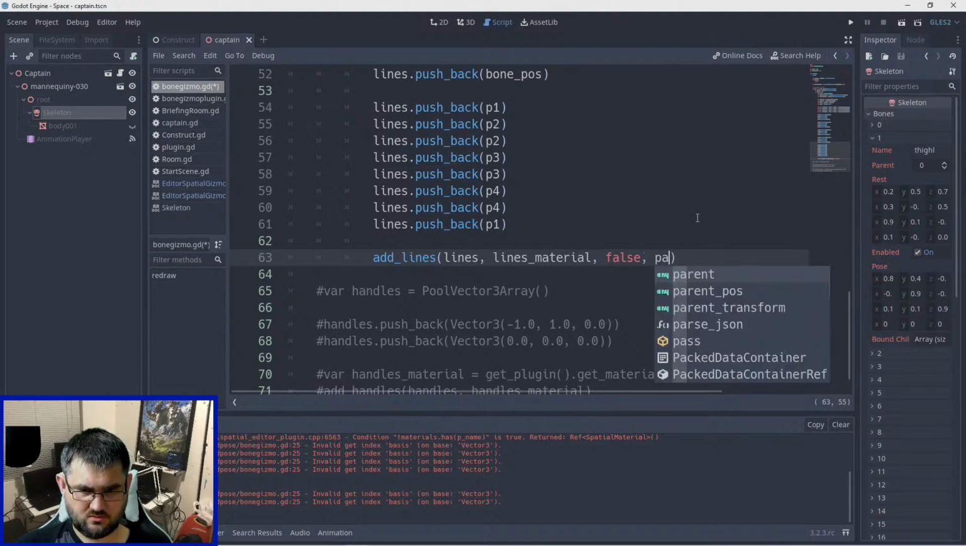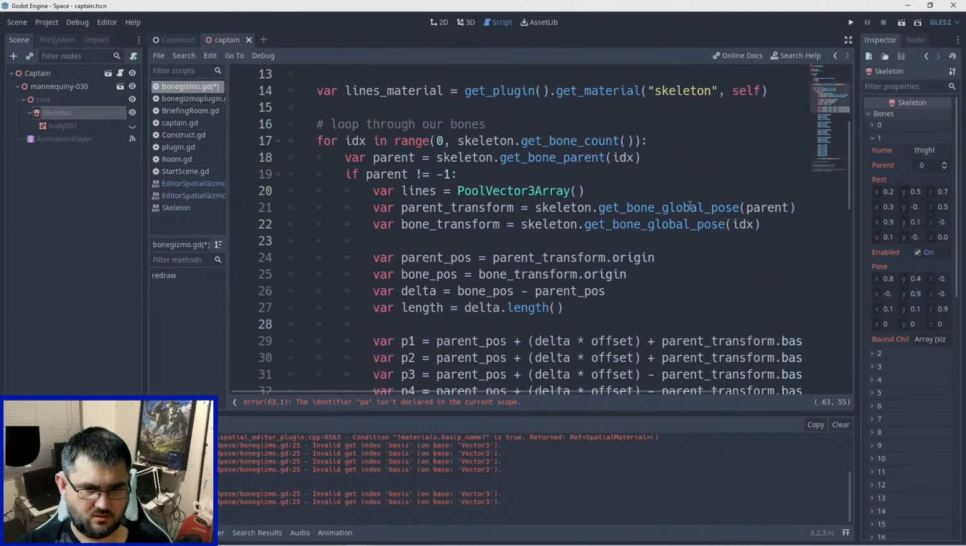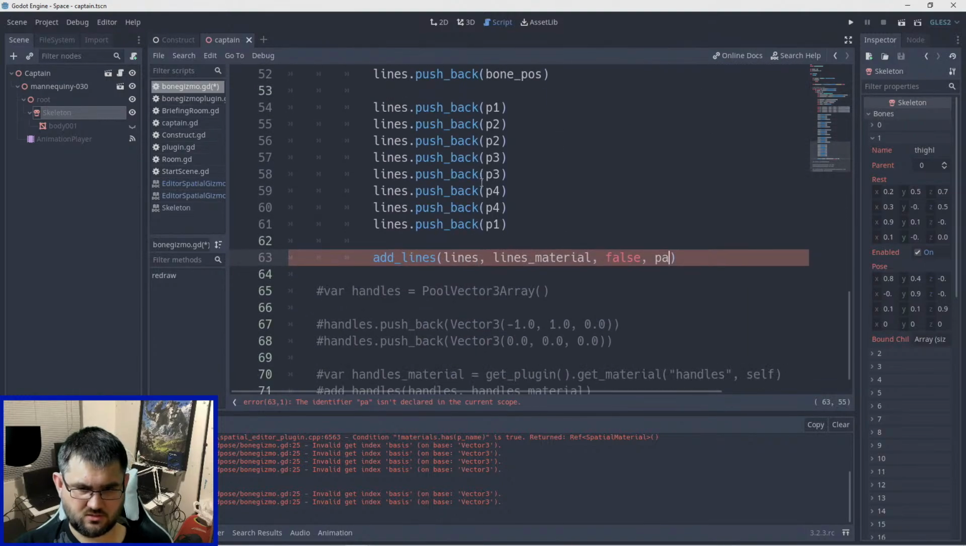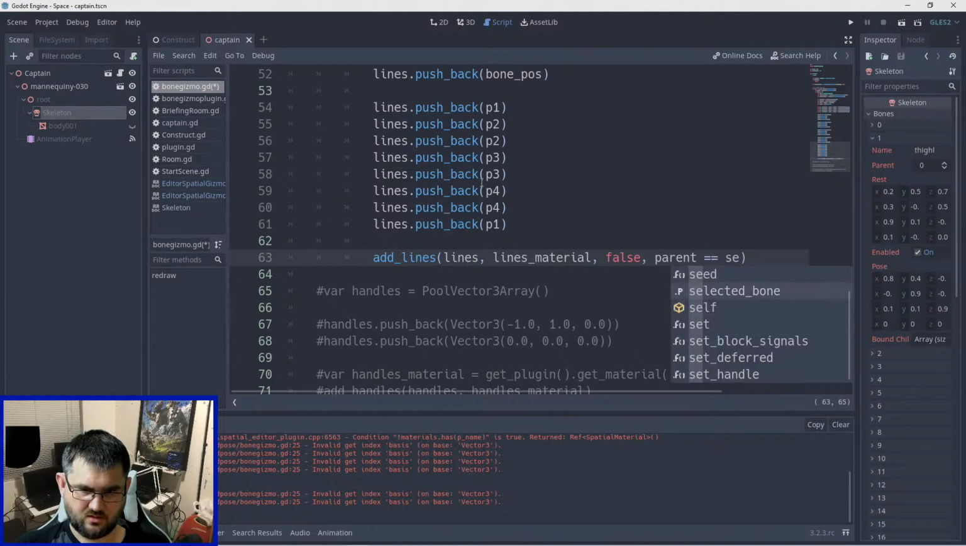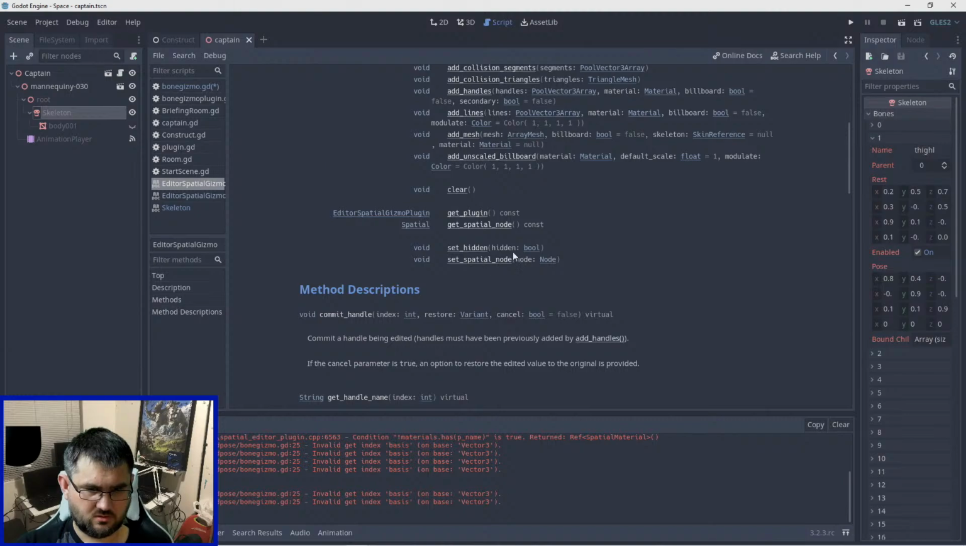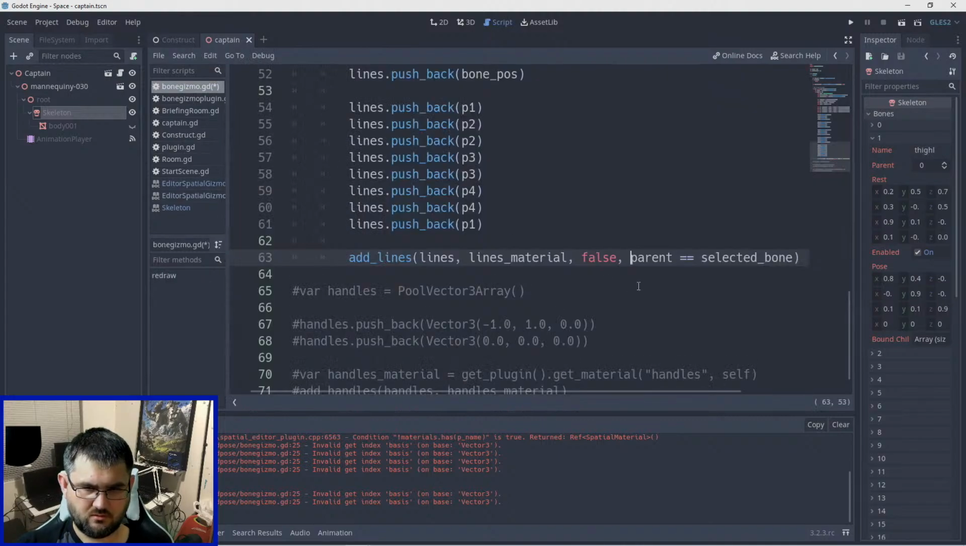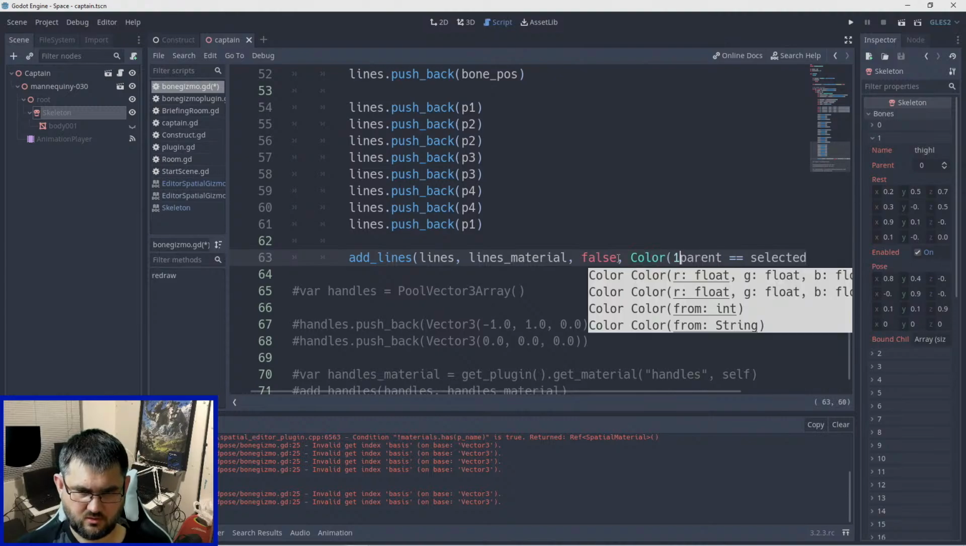So, was that just parent? Here, that's parent. So, parent selected bone. No, this is going to become, hold on. Add lines. Let's have a look. Add lines. Add lines. Material billboard. It's going to be false. And then color. So that's a color. Okay. So this is going to be color 0.8, 0.8,